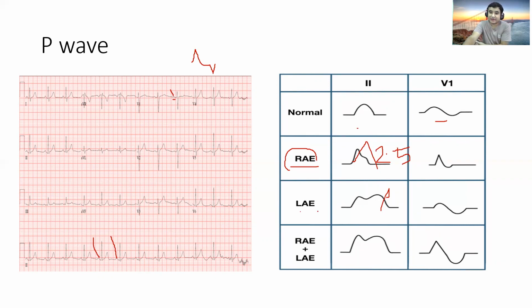In case of left atrial enlargement, there will be a biphasic pattern, because there is also significant amplitude in the left atrial depolarization. This is also called P mitrale, and the duration of it should be more than 0.12 seconds. This is how we have to see the P wave morphology in the ECG. So what is P pulmonale? In P pulmonale, there is just an increase in the amplitude of the P wave, more than 2.5 mm. And what is P mitrale? There is a widening of the P wave in the EKG.